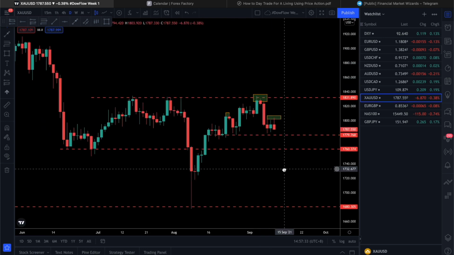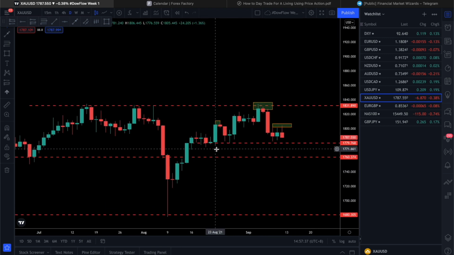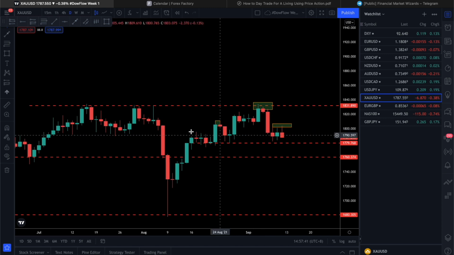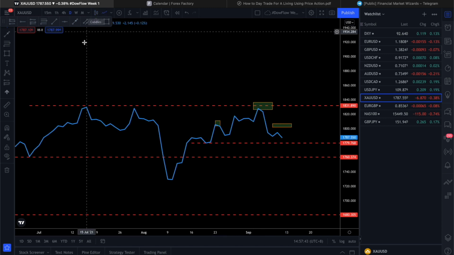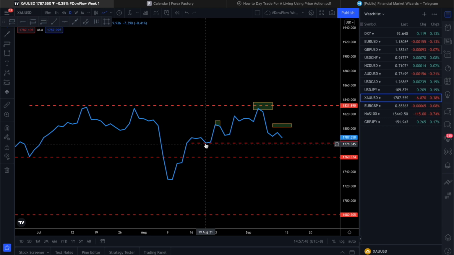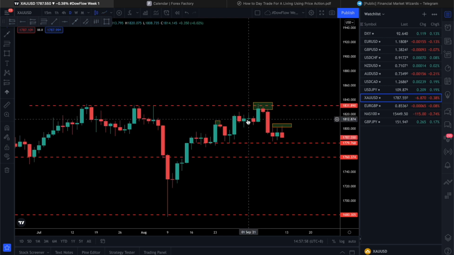Now gold is a bit more tricky because if you look at the market condition, it's actually up. But right now you can see that depending on how you interpret it, it could be bearish as well. So let me just break it down for you. Now you can see that there's a high here, there's a low, higher high, higher low, higher high, higher low, higher high. Okay, if you were to switch to the candlestick chart, you will see that this doesn't really look